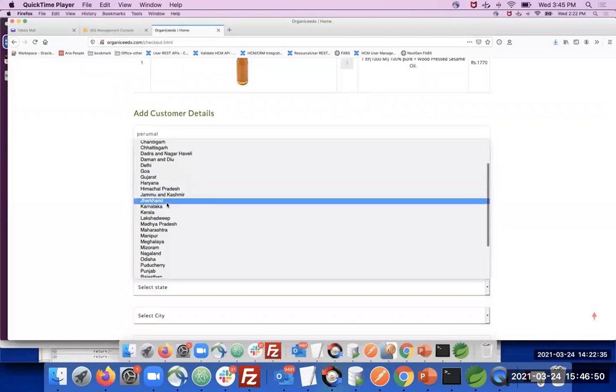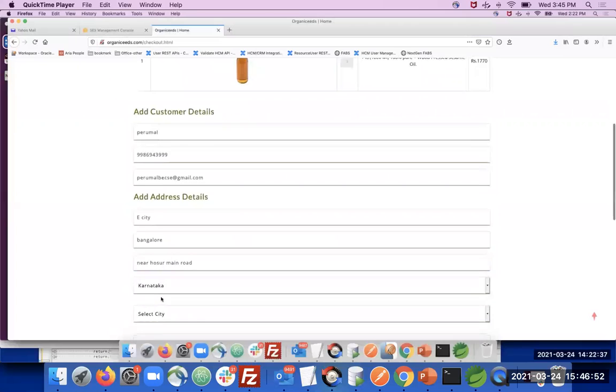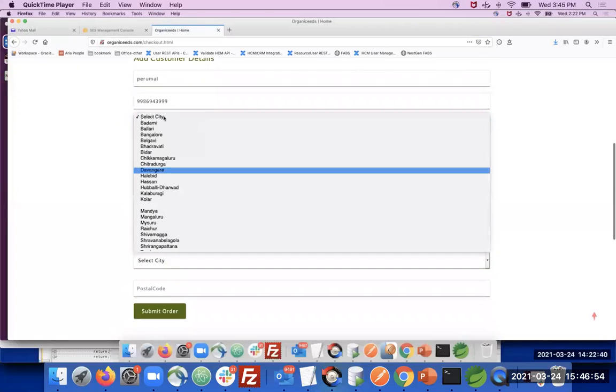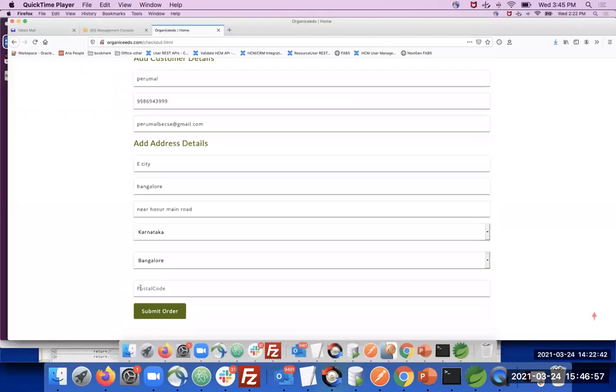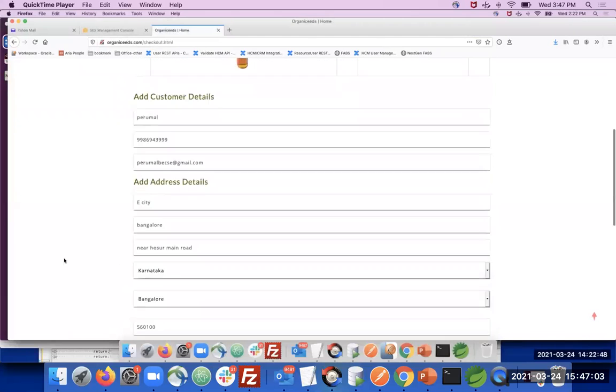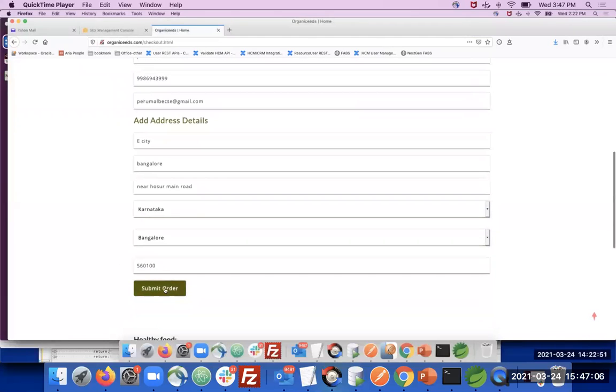Select the state, Karnataka. Select the city, Bangalore. Okay, pin code I'm giving. Once you give all those details, you can submit the order.